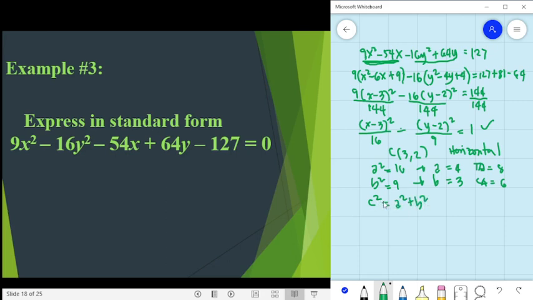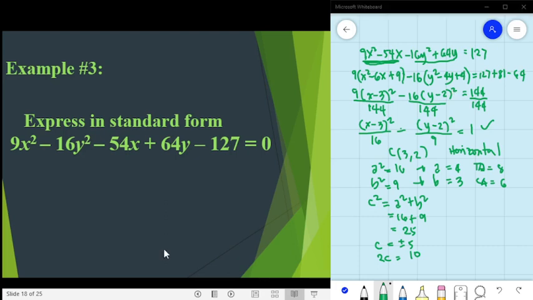So therefore, we are going to add 16 plus 9, which is equal to 25. So therefore, your c is plus minus 5, or we can take positive 5. So 2c therefore is equal to 10. Okay? Sige. So let's proceed to